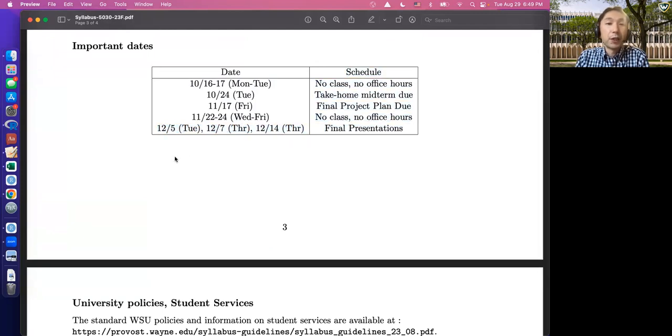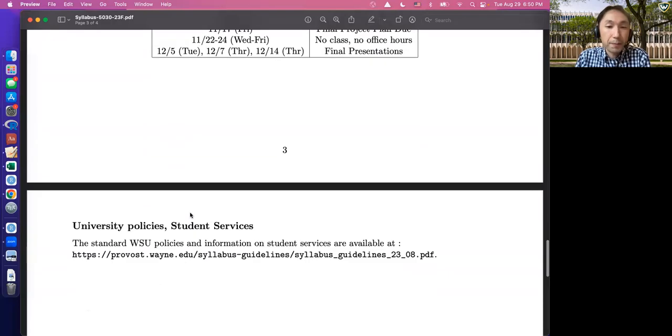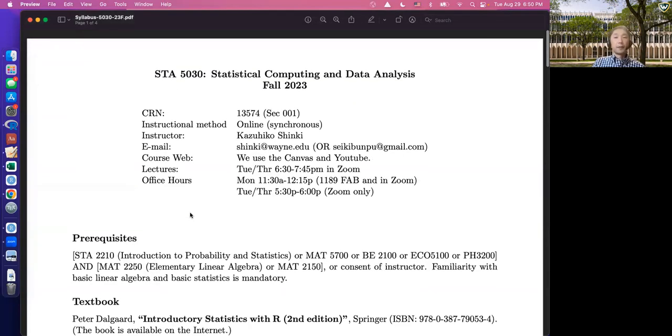Probably we can put 5 presentations in each of the first 2 dates, and the last day, we will probably have a longer session, maybe up to 6 or 7 presentations. So a little less than 20 students can make presentations on these dates. If there are more students, some presentations will be turned into video presentations. Yeah, so that's it for the syllabus.